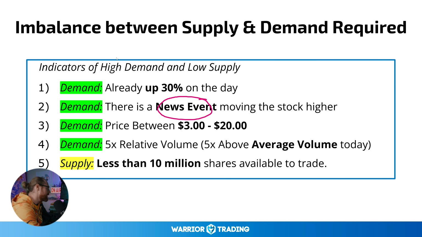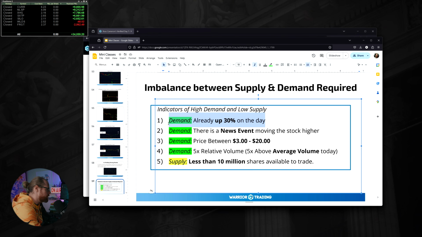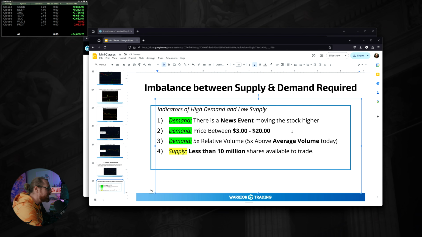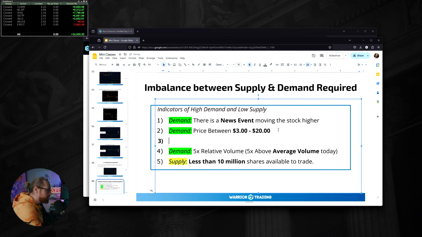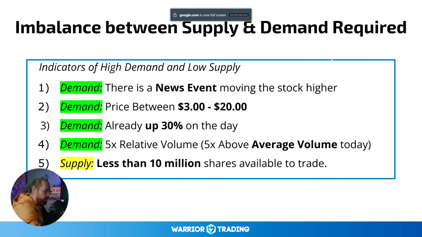So if we actually want to get serious about this, let's back this up for a second. Let's just put this in order. The first thing that happens is we get the breaking news event. And if the price is between 3 and 20, then what's most likely to happen is traders like the news, and all of a sudden the price starts to squeeze up. As the price squeezes up 20, 30%, it experiences 5 times relative volume, which is much higher volume than average for that stock. On high relative volume, that essentially attracts even more traders,